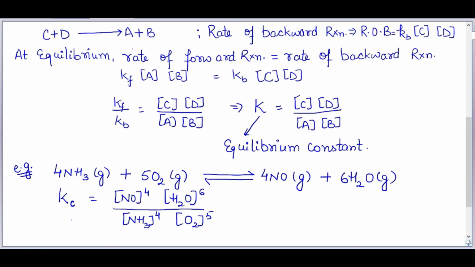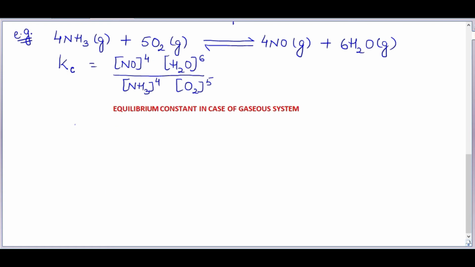But what if I have to take these values in terms of a gaseous system? For that we know that gases are always measured in terms of partial pressure, right? So let's take an example. With the example we'll try to understand. a moles of gas A are reacting with b moles of gas B. Again, I'm having a reversible reaction and they are producing c moles of gas C plus d moles of gas D, right?